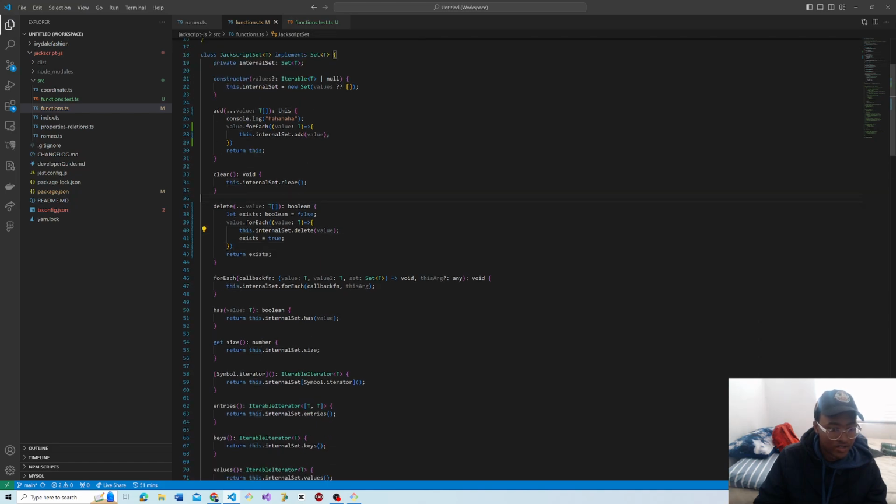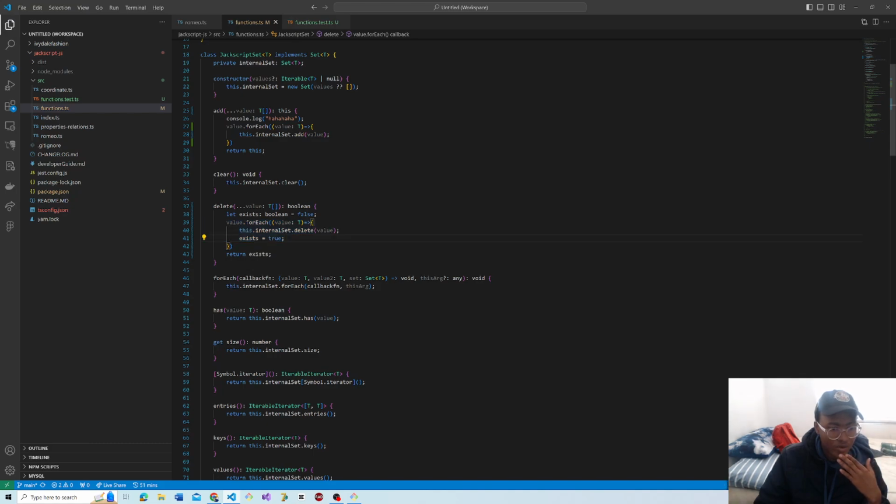So what this function is going to do is loop through all the values in this array, and as soon as it finds at least one, this is going to be set to true. And if it's set to true, then obviously it's going to return true. Otherwise, if it never finds anything,